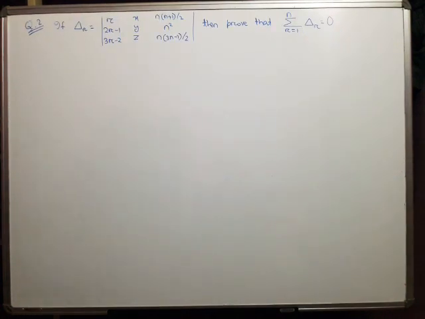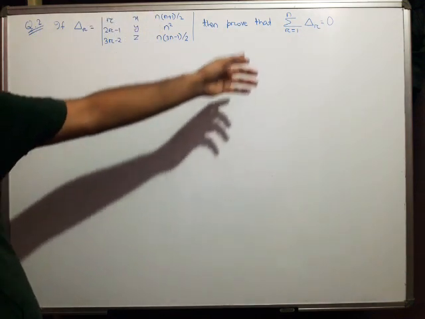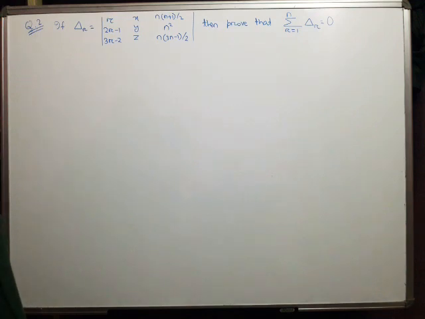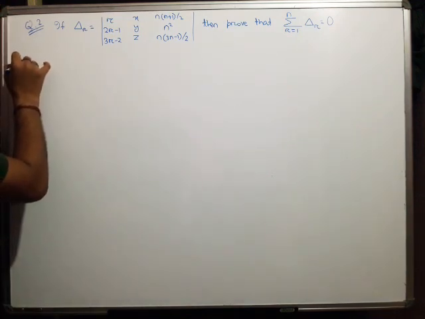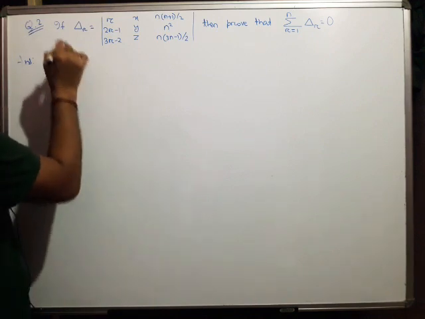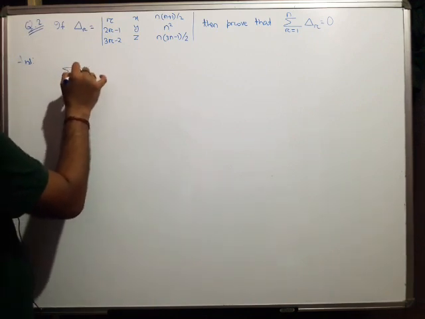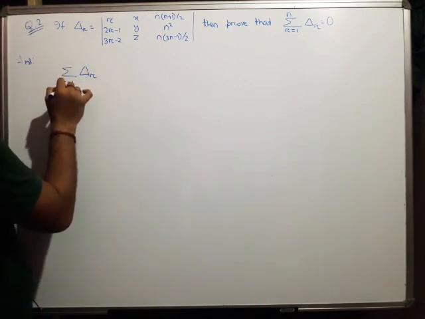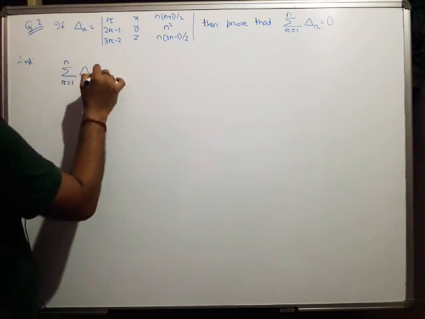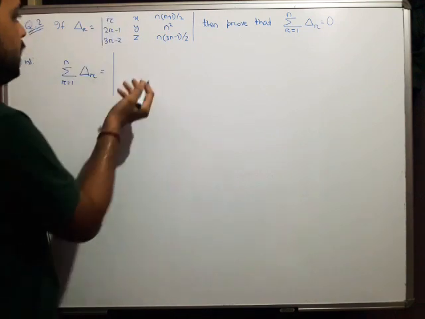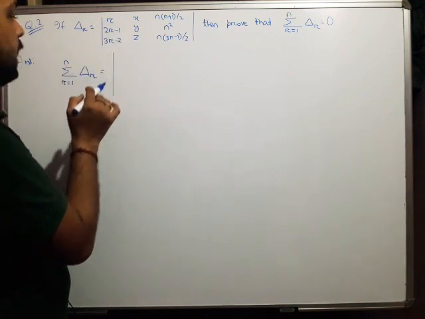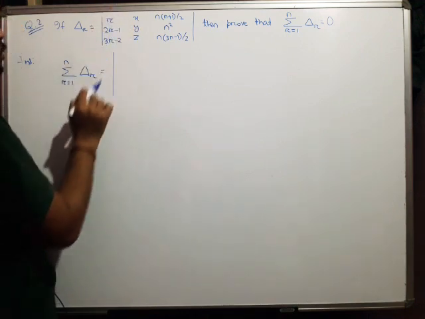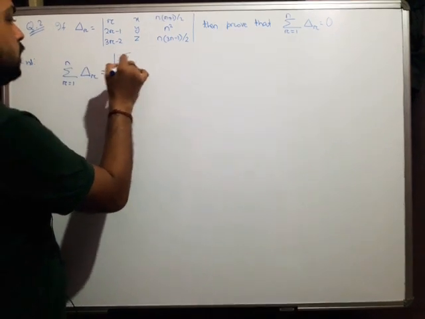Now next question, del r, it is given as this determinant and we have to show that summation from r equals 1 to n of del r will be equal to 0. So suppose we apply summation. Now summation of del r from 1 to n will be equal to, see again r, 2r minus 1, 3r minus 2, they are functions of r, the given variable, in column 1. So summation will be applied in column 1 only.